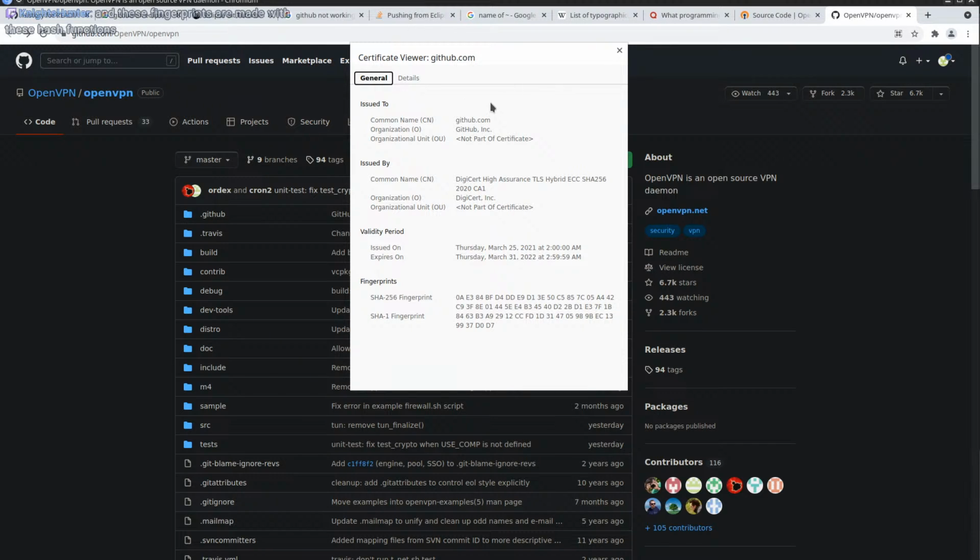And these fingerprints are made with hash functions. I'm not really sure about fingerprints. I think it's just to validate. It's just used for validation of this whole certificate. SHA is just a hashing algorithm, basically a hashing function.